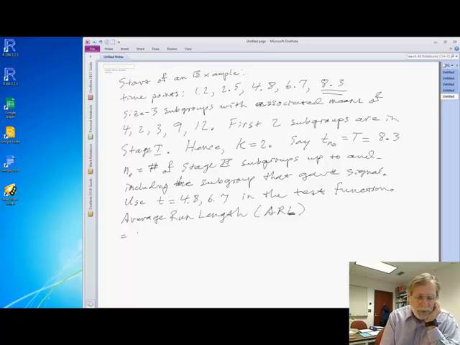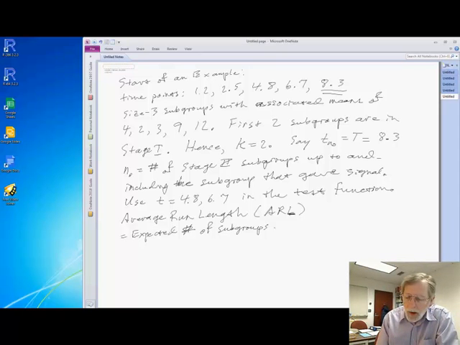So it is the expected number of subgroups before signal,